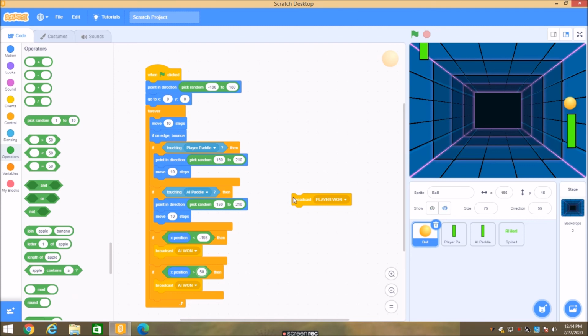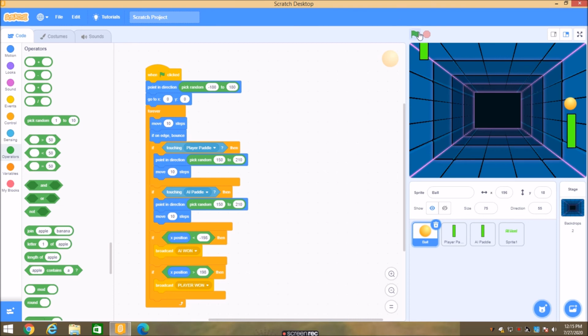So let us set it to 198 only, negative 198 and positive 198. And just from the drop down select player 1. So if x position is greater than 198, it means that it goes through the paddle, then the AI will win, and if it goes through the AI paddle, then the player will win.